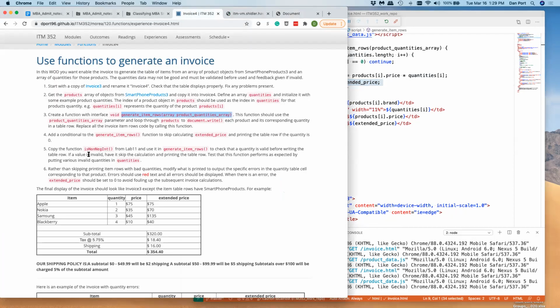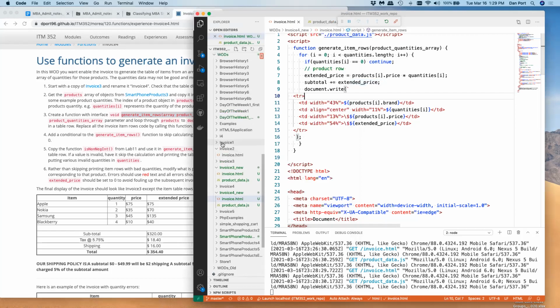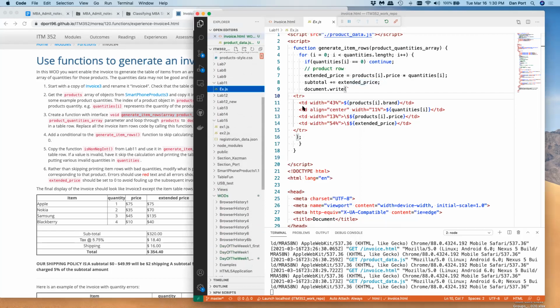All right. Now we're going to copy is non-negative integer from lab 11 and use it to check that the quantity is valid before writing the table. If a value is invalid, have it skip the calculation and print the table row. It says if it's invalid, have it skip the calculation and printing the table row. Test this function performs as expected. Okay, so this is easy. So we got to go get from lab 11 the is non-negative integer,